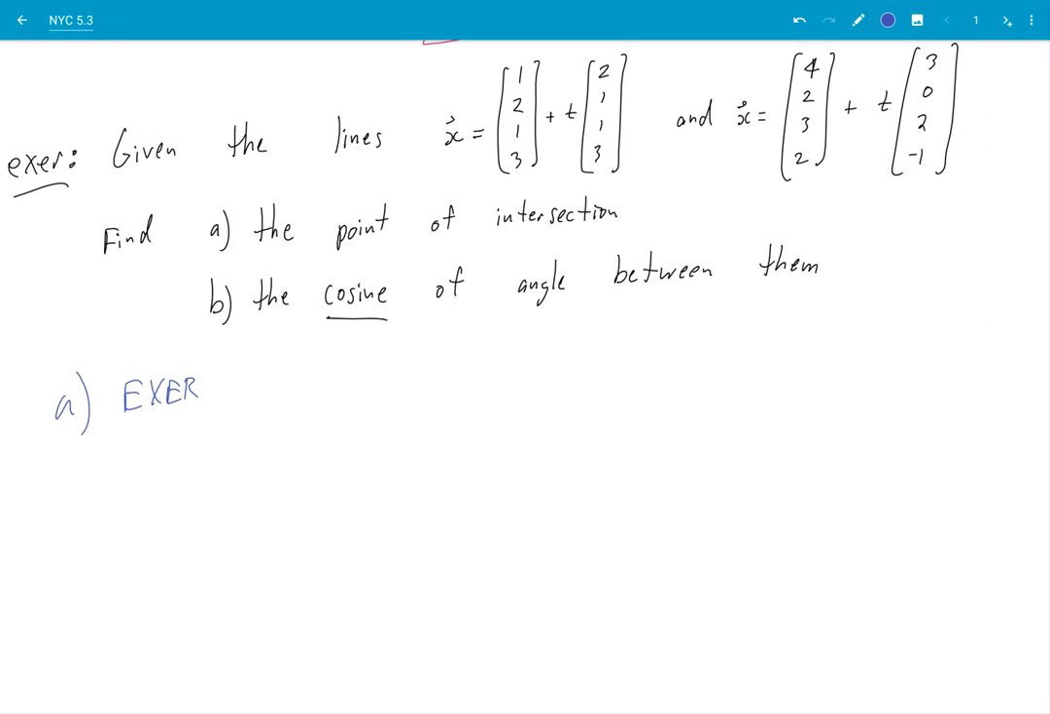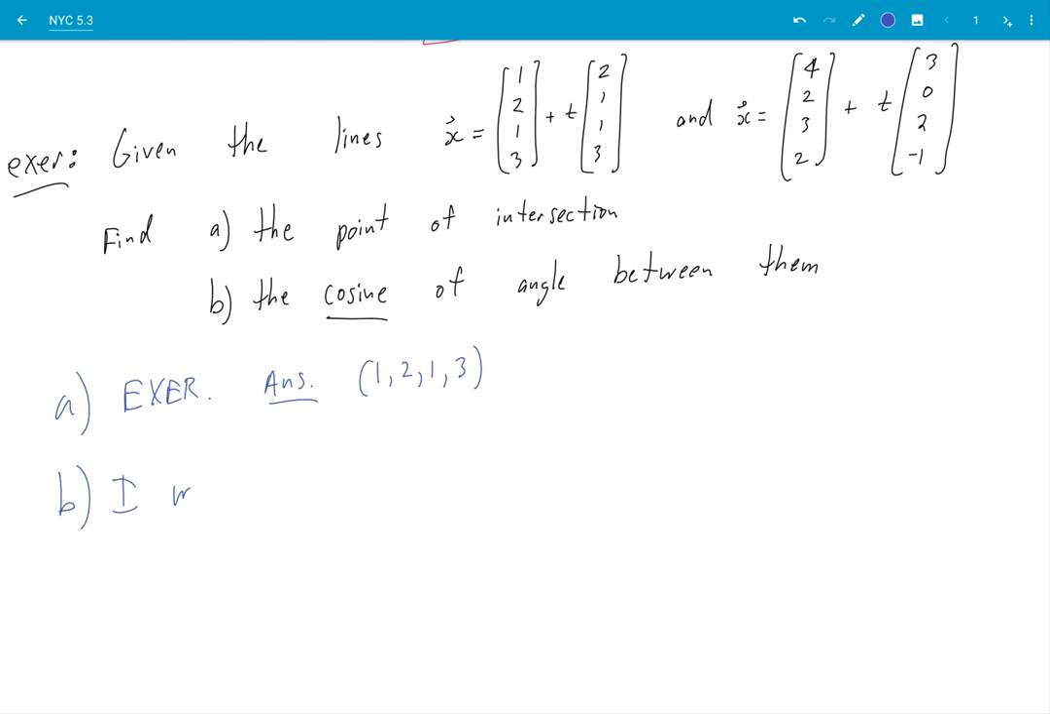So part A is going to be an exercise. The answer is 1, 2, 1, 3, 4-dimensional. We call these things lines, even though in 4 dimensions, the concept of a line is fuzzy. But if we have something that has a single parameter, we still use the word line. So just one direction vector, still called line. Anyway, part B,